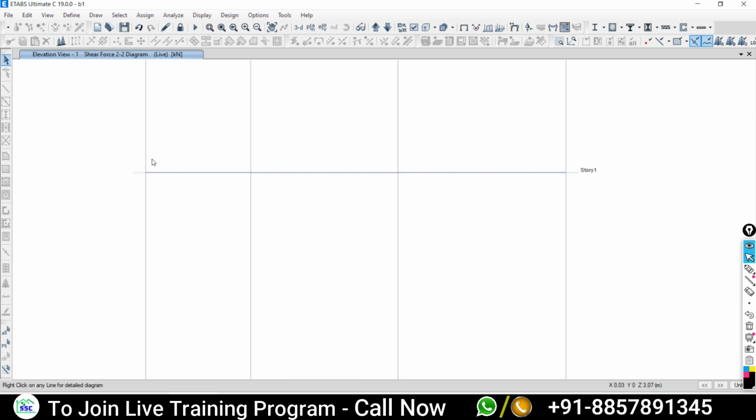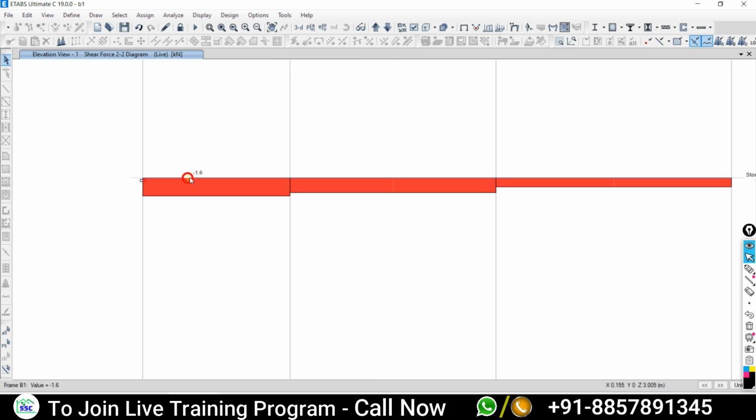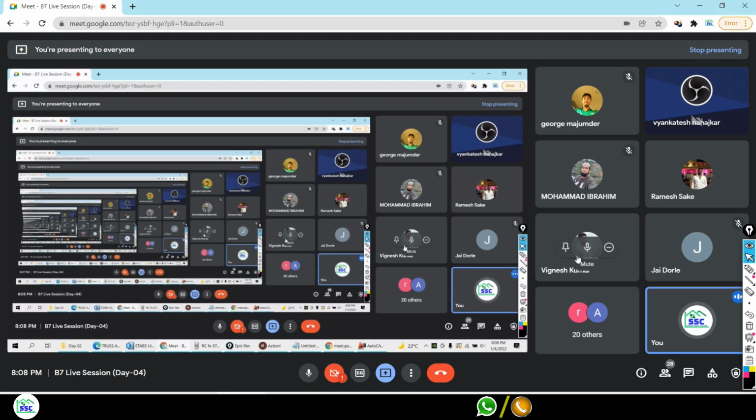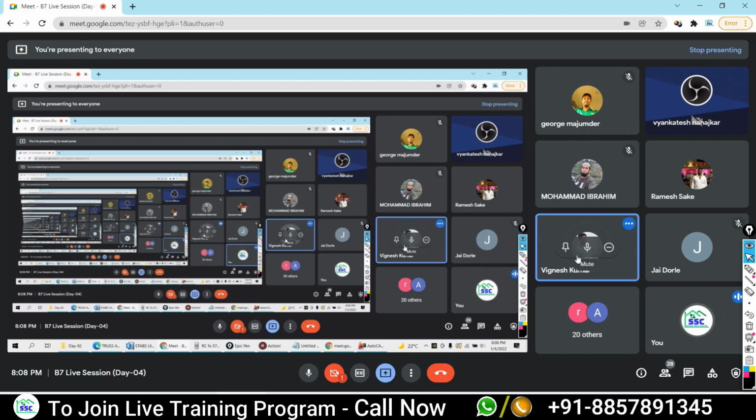First our intention is what? We need to check. Sir, one doubt. In a cantilever, the top reinforcement will be for tension, na, sir?